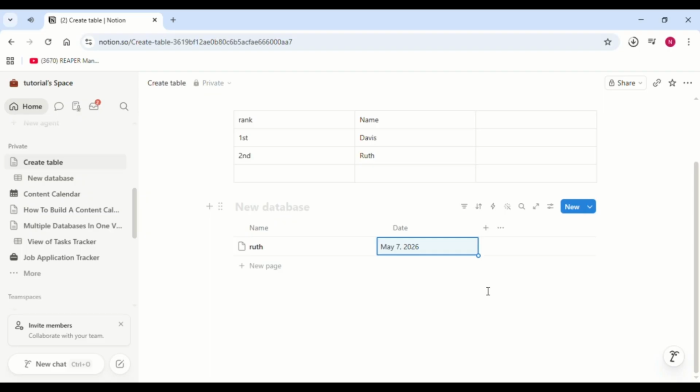And that's it. You now know how to create both simple and advanced tables in Notion to organize your work more